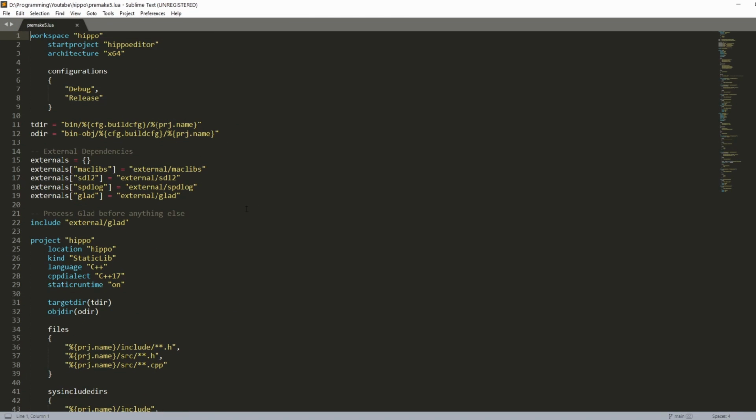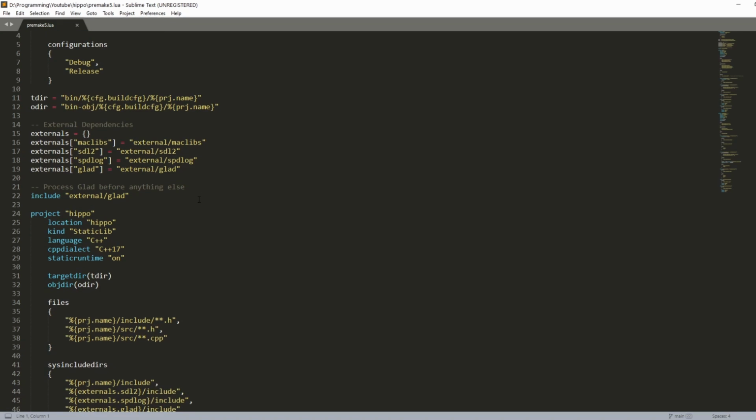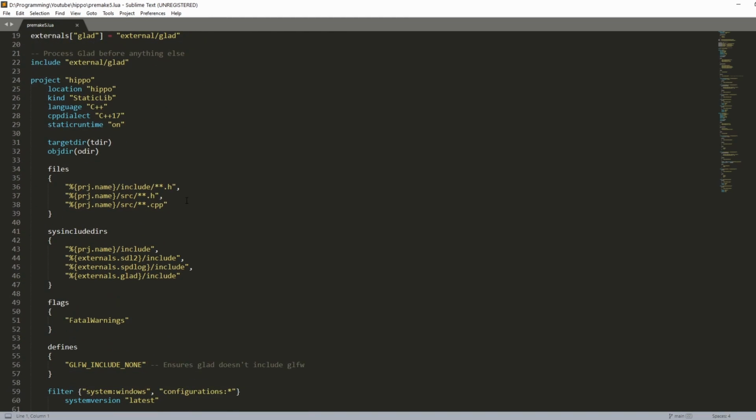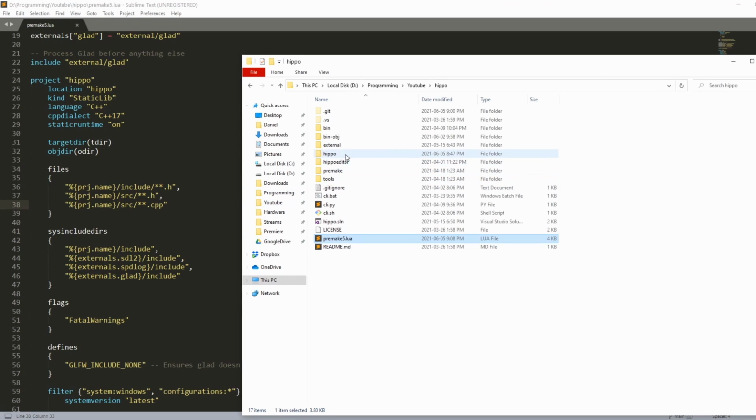So here's our Premix5.lua, and we talked about the externals. These are the externals that are at the root level. The externals that we just added are going to be compiled in with the engine. So we're going to want them, they're just going to be built with the engine. So we're going to include them in our files here. Now again, anything that's under files is going to get compiled into hippo.lib. So we're compiling everything in. So if we look at the kind of files we just added,